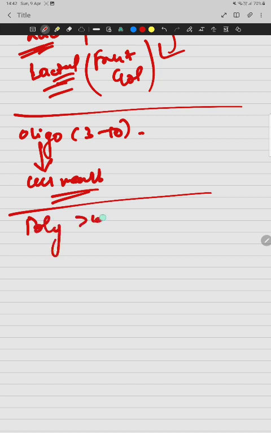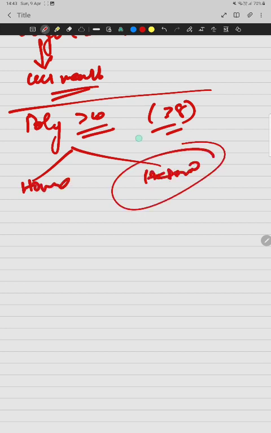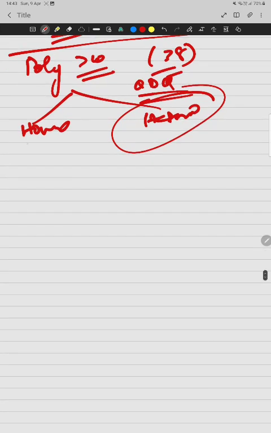So poly means more than 10 by definition, and it can be more than 8 also, but always try to stick with 10. And here it is of two groups. So in this group, homo and hetero. Okay, hetero is very, very important for our questions. That's all. So coming to our homo, nothing, it is your glycogen, starch, mostly your storage polysaccharides,